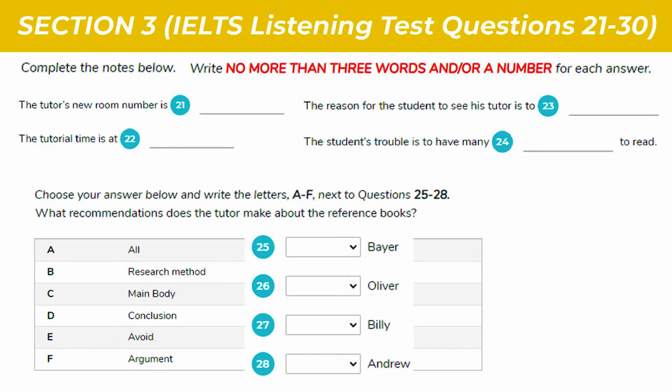The next author is Oliver. I heard that his argument is very strong, but the book is a little difficult. You are right, but I still recommend you to know about his argument, which will give you a lot of help. Fine. Do you think I should read Billy's book? About Billy, I have to say his work is very good, especially his research method, but you do not need to read it now. Right.